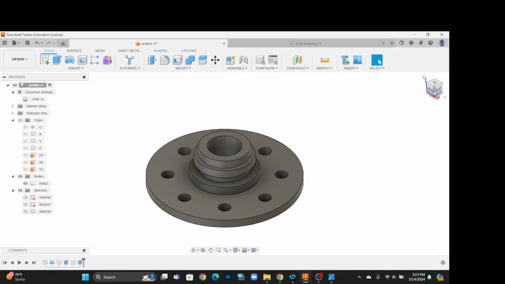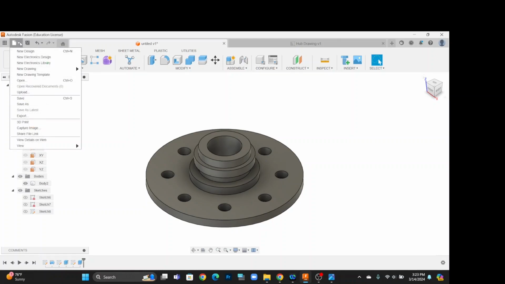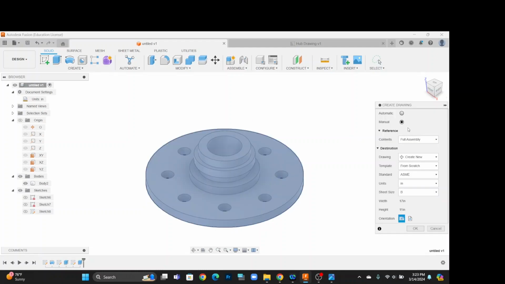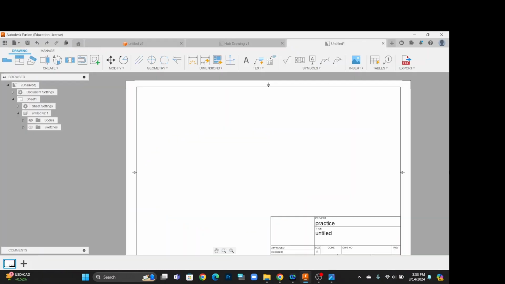Now let's move on to the drawing. So I'm going to go with File, New Drawing from Design, and I'm going to have the content set to full assembly and new drawing from scratch. ASME standards, units are inches, sheet size is P, which is 17 inches by 11 inches, and I'm going to press OK. So I've got the sheet set up here, and now I'm going to bring in my base view